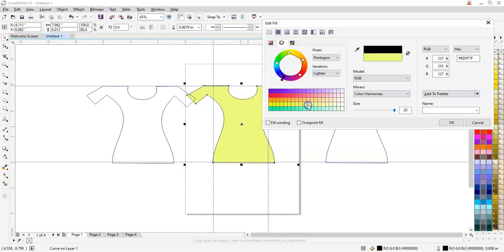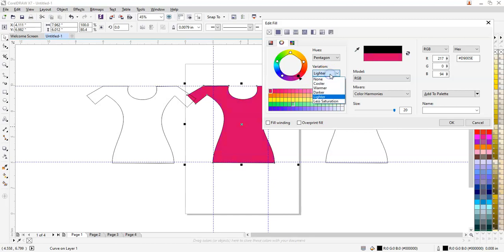You can directly even select the color from this color palette, or you can create your own colors by moving this color palette. And you see the palette is also changing according to your selections. When I say lighter, all my pentagon colors, 5 colors which are getting mixed, they are all into the lighter shades. But when I select the variation as darker shade, I get all the darker shades, and the palette also will look a little more darker. All the colors will be looking more darker.